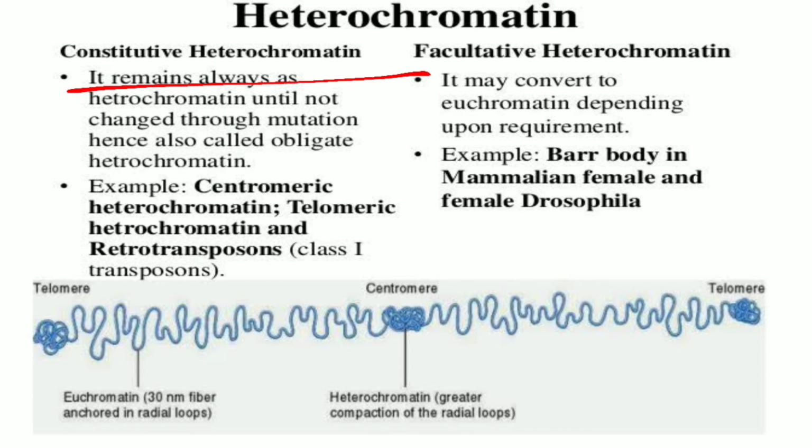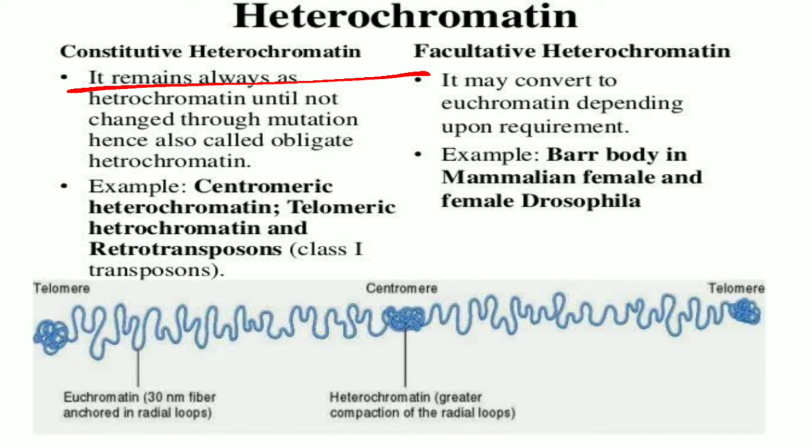In contrast to facultative, it remains always heterochromatin. Let me explain it. It represents the permanently inactivated chromatin and is generally found near the centromeric regions, telomeres, in nucleolar organizer regions, and adjacent to the nuclear envelope. It probably increases the centromeric strength, acts as a spacer between the vital genes, and acts as a full stop of the transcription. So, the role of this constitutive heterochromatin cannot be underestimated.